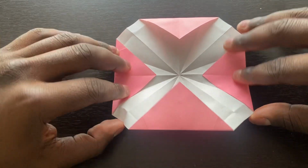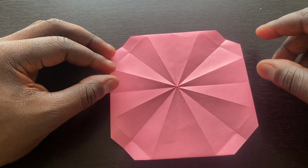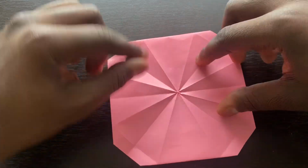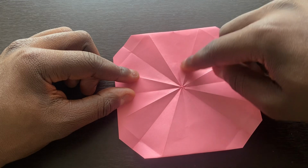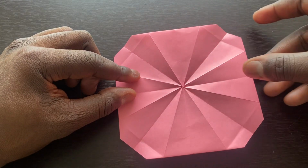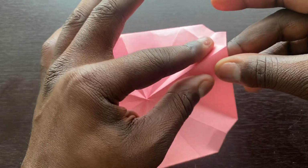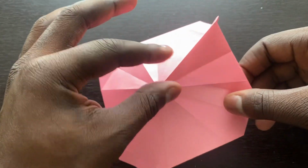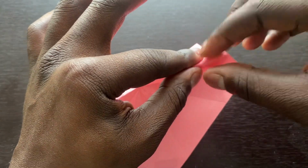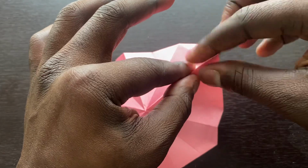Now let's flip this over, and you can see where these corners are. There are these lines that go into the center. So what we're gonna do is we're gonna go around the entire model and just pinch at the top of those lines to make sure those folds are really in well. See, I'm going around, pinching,